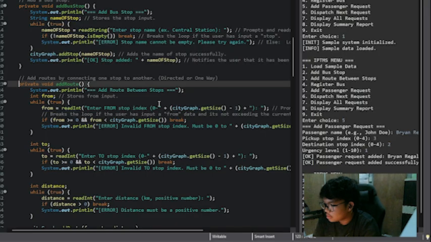It also validates and ensures that indices are valid and the distance is positive, and this is also used to build the city's transportation network interactively.